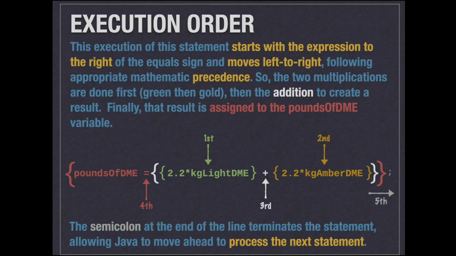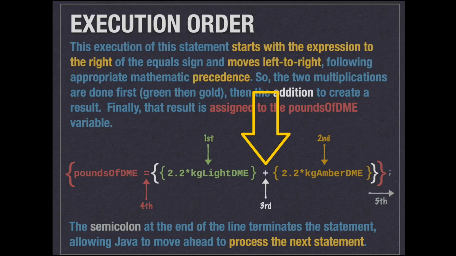So given that we've got this multiplication as the leftmost part of the expression on the right-hand side of the equal sign, that green 2.2 times kg light DME, that math will be done first. Then Java moves to the right, but it's got a second multiplication, so it does the multiplication next because that's mathematic precedence. It does the second multiplication, and then as the third step, it adds those two results together,